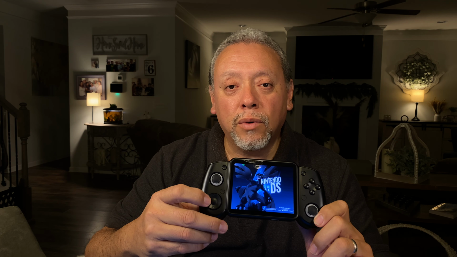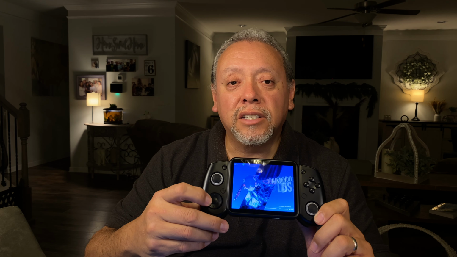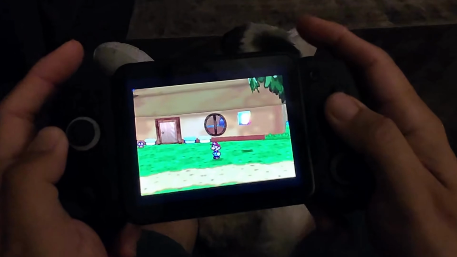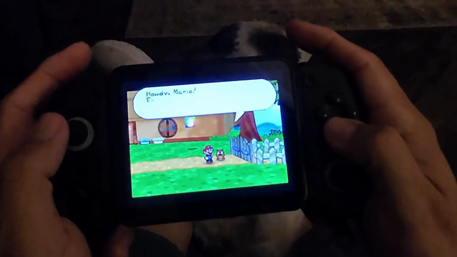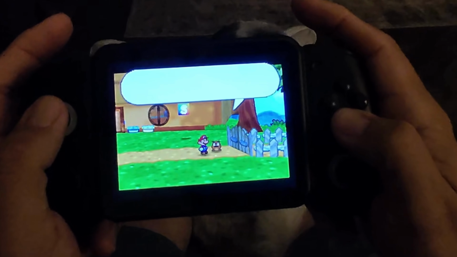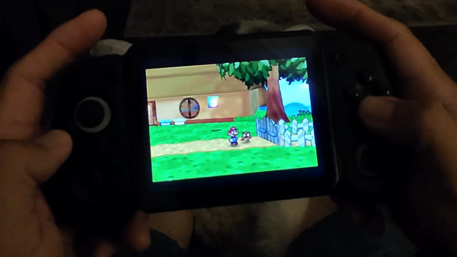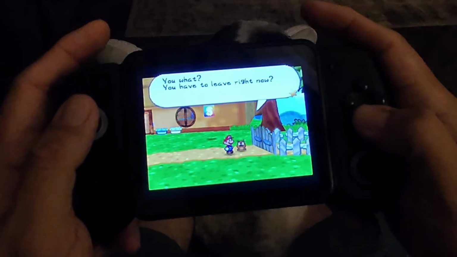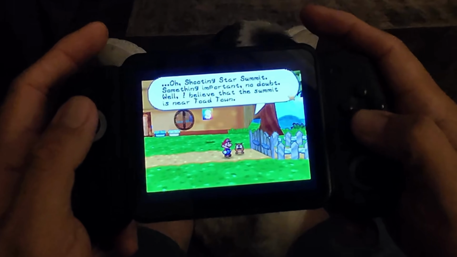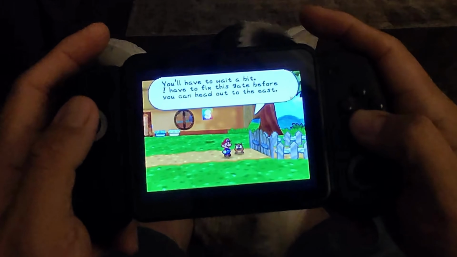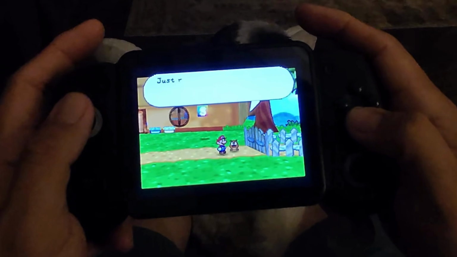But I do have to admit that the RK3562 is not fully optimized to play all Nintendo 64 games and Sega Saturn games, and also it performed well with PSP games, but some of them did not. But I do believe that the device will improve in time because, like I said, it's just a matter of